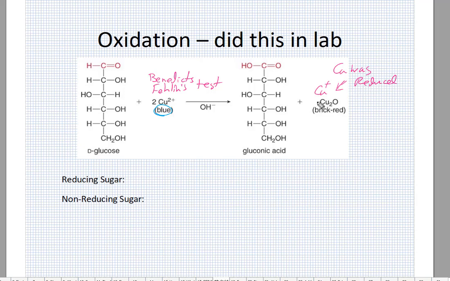And if you have a sugar that can reduce copper from copper 2 to copper 1, it's referred to as a reducing sugar. So reducing sugars have an aldehyde, because you can oxidize the aldehyde to the acid. So they have an aldehyde that gets oxidized to the acid. Non-reducing sugars do not have an aldehyde. They do not reduce Fehling's reagent,